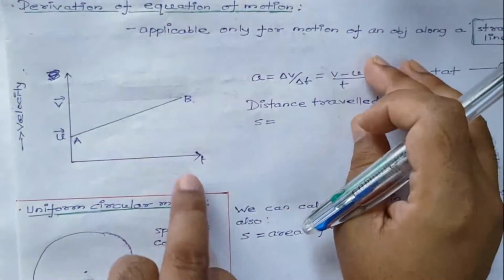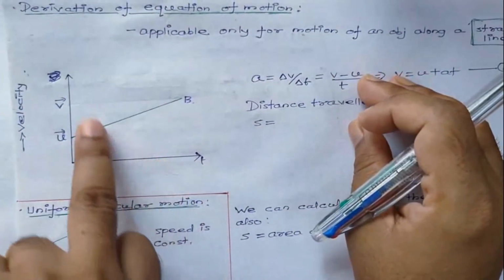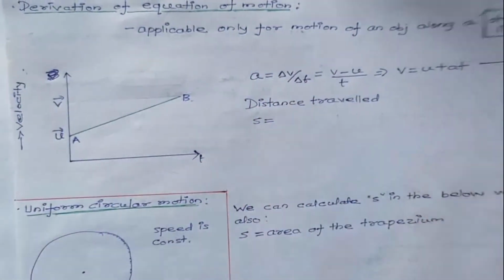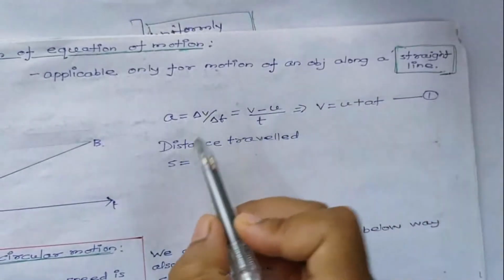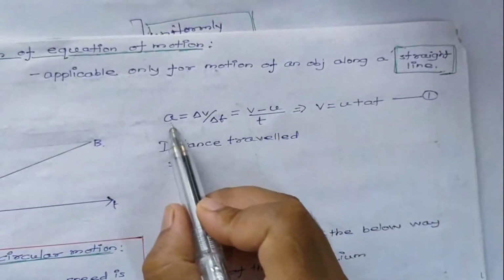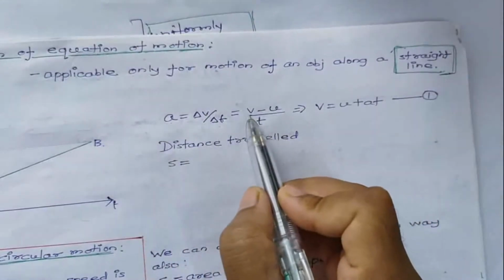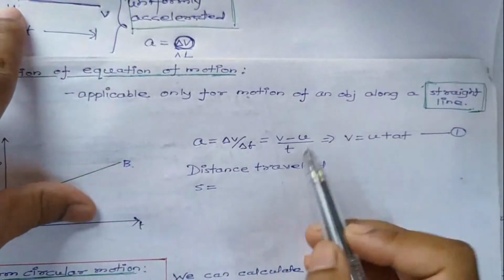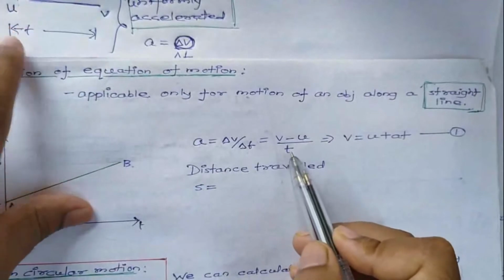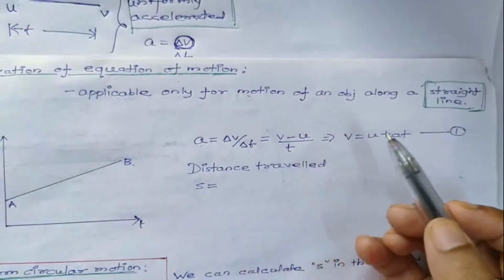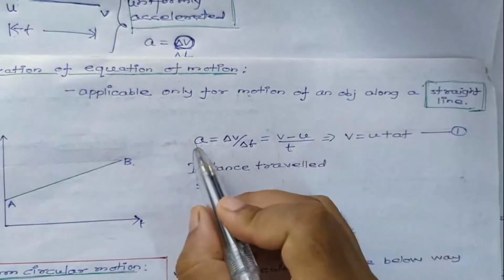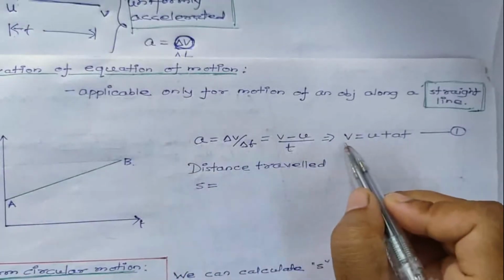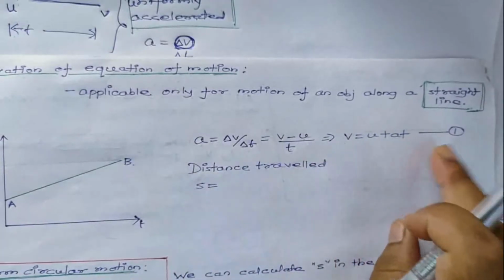So here we are required to derive equations of motion. There are altogether three equations. The first one is very simple, already pre-written for you. We know the definition of acceleration: a equal to delta v by delta t. It will come out to be v minus u by t, where v is the final velocity minus initial velocity upon time duration, and time spent is t. If you shift t this side, it becomes at, and shift u also, it becomes plus u. So you will get v equal to u plus at. This is the first equation.